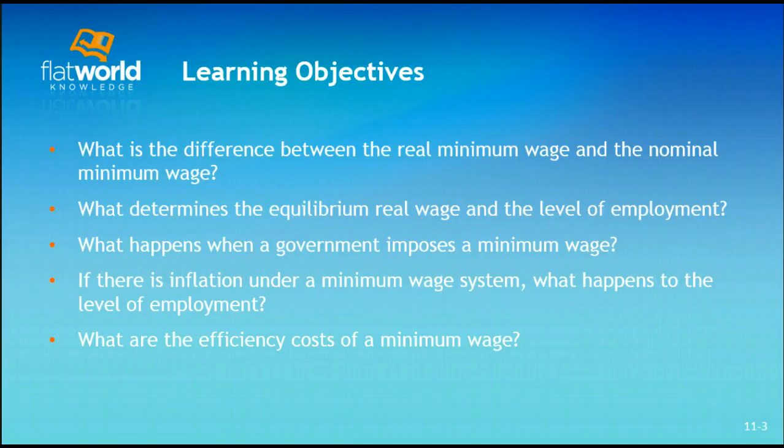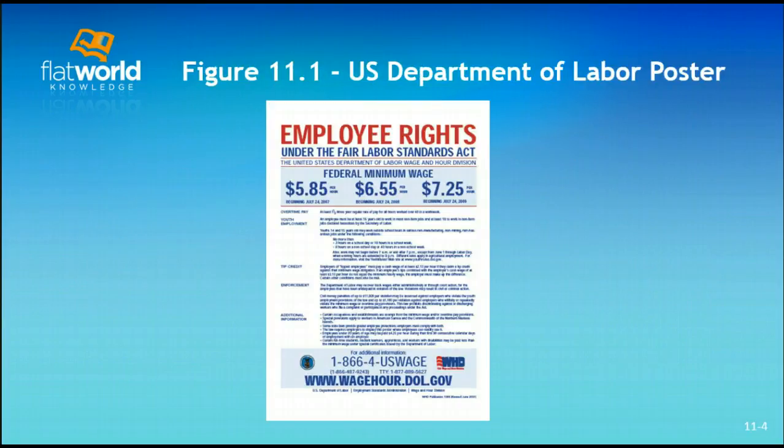All right, let's move forward, and just to give us a sense of how it works in the United States, the Department of Labor makes every employer show a poster like this in a public place that all employees can see. And if you notice, it shows that right now the minimum wage in the United States is $7.25 per hour. Now, some states do have a higher minimum wage based on the cost of living in those states and based on what those legislatures wanted to do. But at the minimum, every worker in any state in the United States must be paid at least $7.25 an hour.